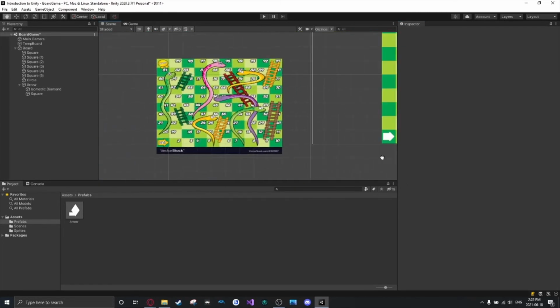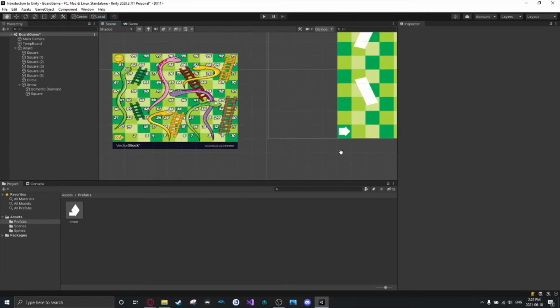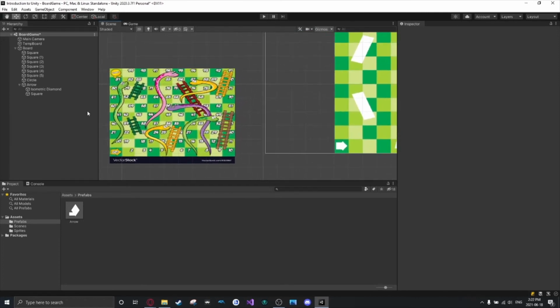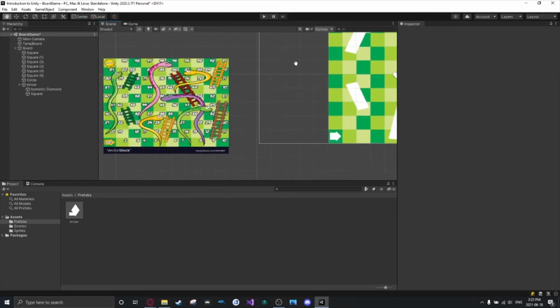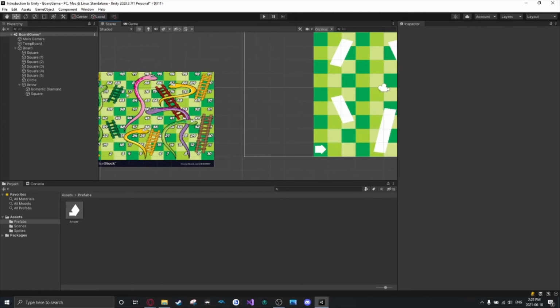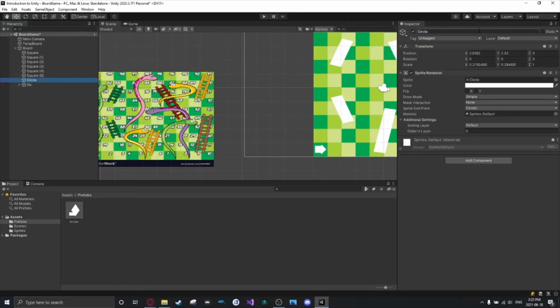Now for the snakes, we're not going to be able to do just squiggly lines right now. The reason for that is because we don't have the tools. We don't have a sprite that's squiggly. We don't have the tools right now. But we will have the tools soon. So I'm going to start renaming these. So this is go. This is goal. These are all